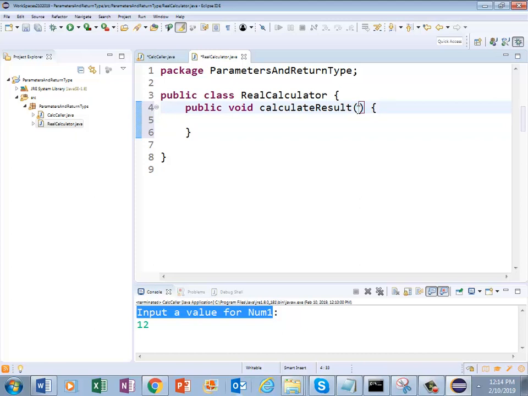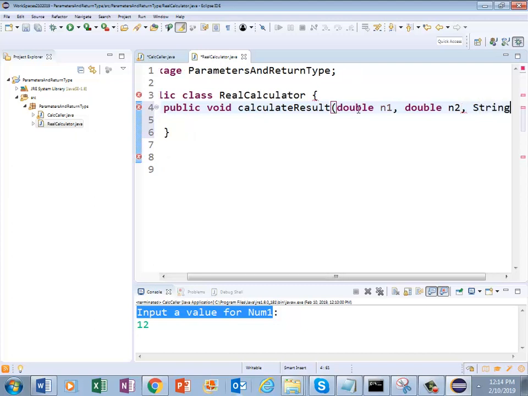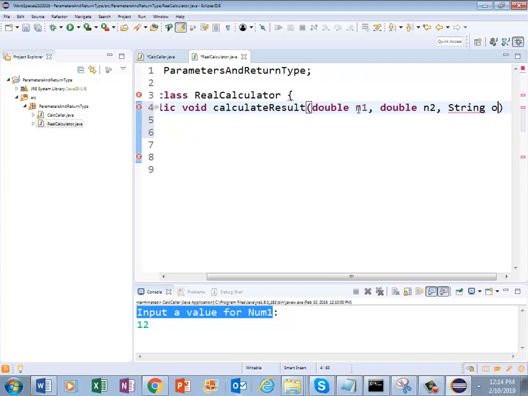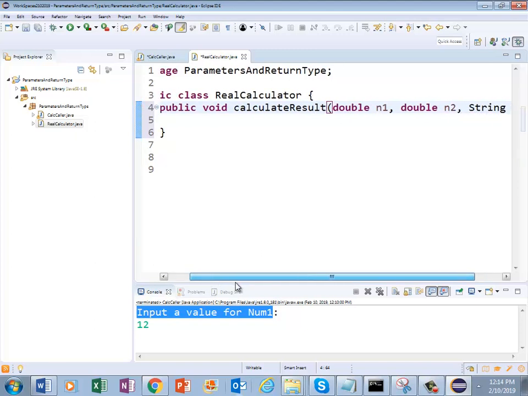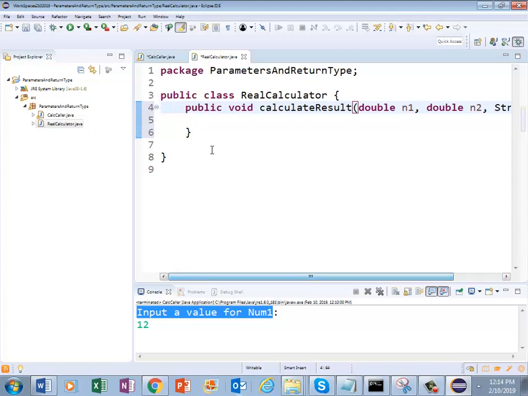Please put your focus here. So what am I going to take from input? 2 numbers and a symbol, correct? Now 2 numbers, if you want to take 2 numbers from input, those numbers are double, right? Double n1, double n2, and then String OP, right? And then guys, and then here